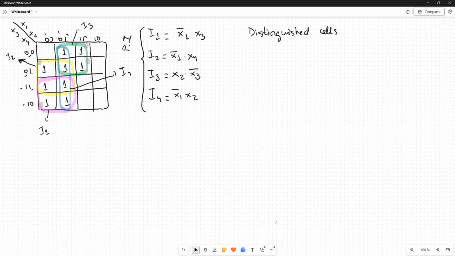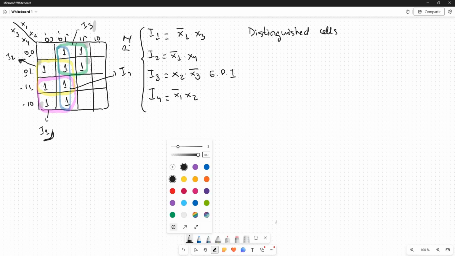So essential prime implicants are those covering distinguished cells. For example, if we don't include implicant 3, these two cells are going to be not covered. Do you see it? So implicant 3 is an essential prime implicant. Implicant 1 is as well an essential prime implicant